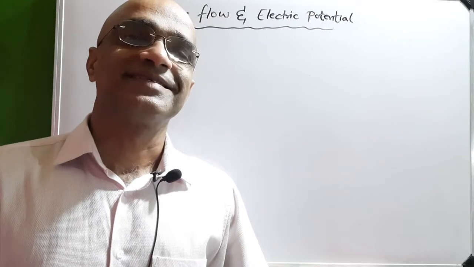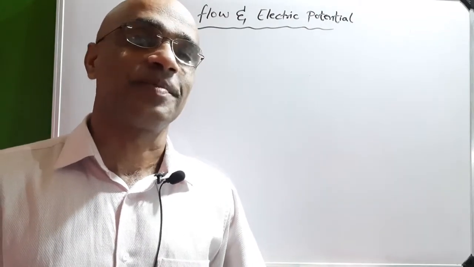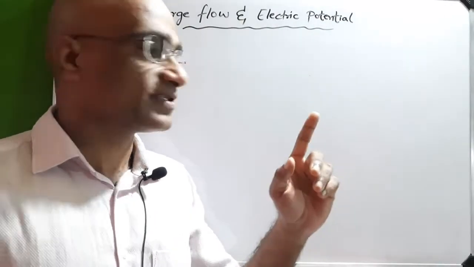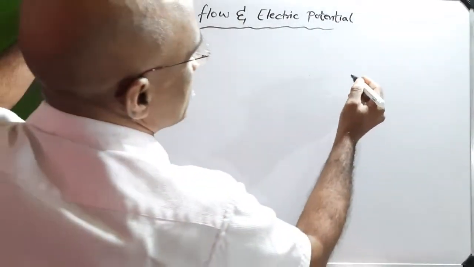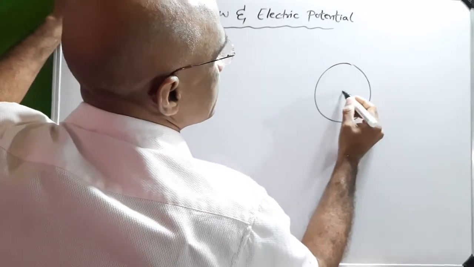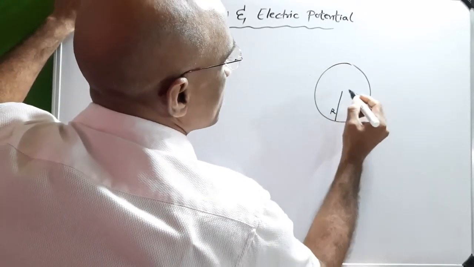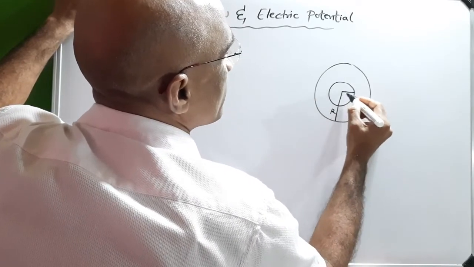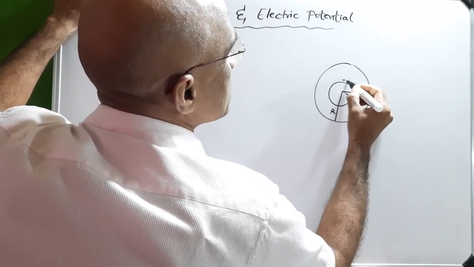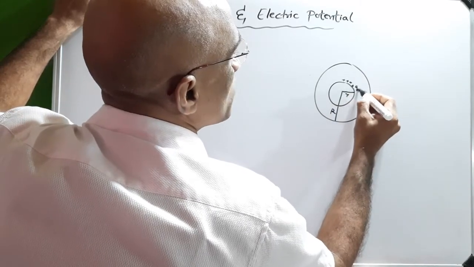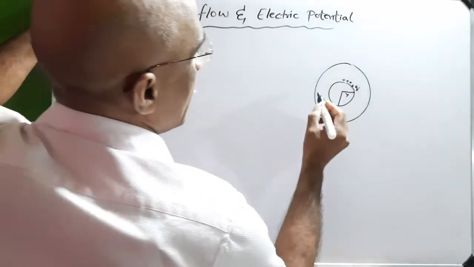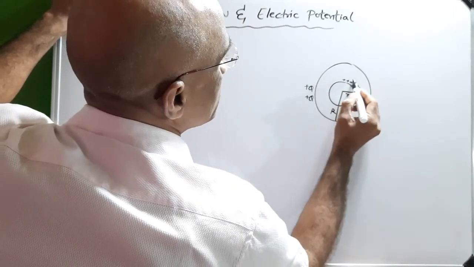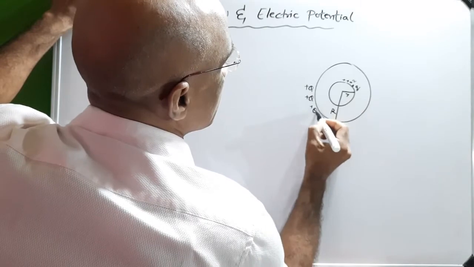Today we are going to discuss another interesting, tricky topic: charge flow and electric potential. In order to discuss this, we will consider a sphere with radius capital R, which is enclosing a concentric sphere of radius small r, which has charges plus small q residing on the surface of the inner sphere, and at the same time we have charges plus capital Q residing on the surface of the